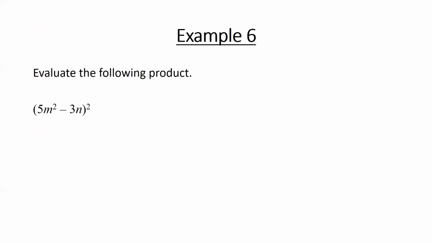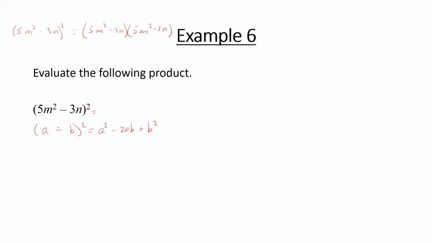5m squared minus 3n quantity squared. Again, very similar idea. It looks like something minus something squared. And so instead of multiplying 5m squared minus 3n by another 5m squared minus 3n and doing all the distributing, you could just say, well, I remember the formula, it's a squared minus 2ab plus b squared,